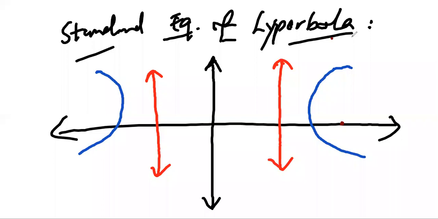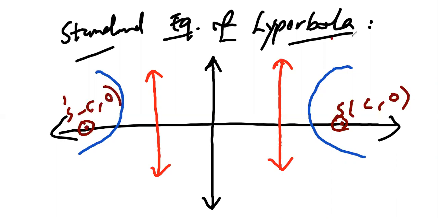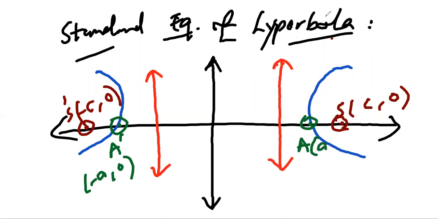All right. So these are the specific foci. Foci is equal to c comma 0. This is the point 1 of foci, and this is the point 2 of foci. These two are the foci points. This we can say is S dash, and minus c comma 0. All right. The points here are called vertices. A dash, minus a comma 0 and a comma 0. All right.